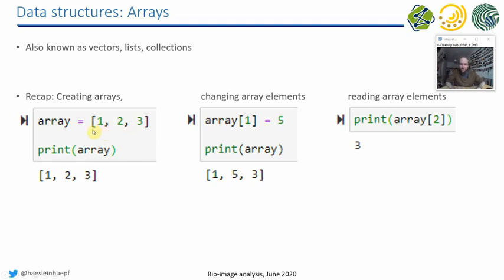We can define arrays with these rectangular brackets, putting numbers in between, and we can print them out. We can change array elements by specifying them. Again, we start from 0. So the first element in this array is this number 2. If I replace it by a 5, then I get this new array out. And I can also read array elements. For example, if I write that, just the last element, element number 2, with indices 0, 1, 2, of our array